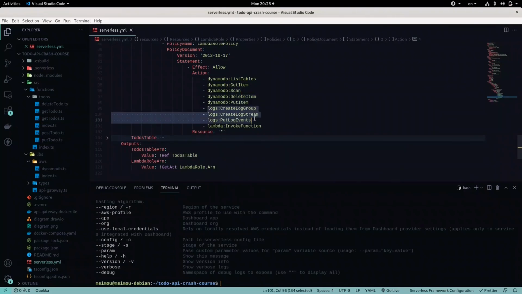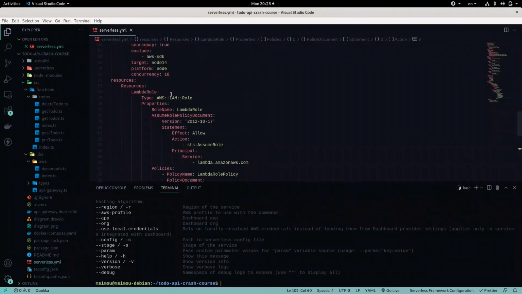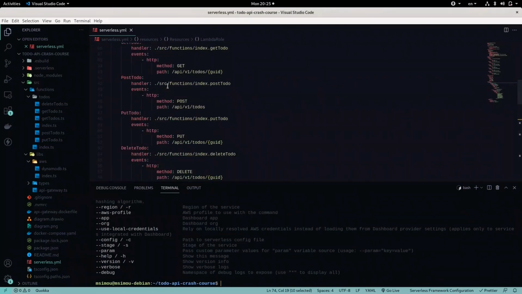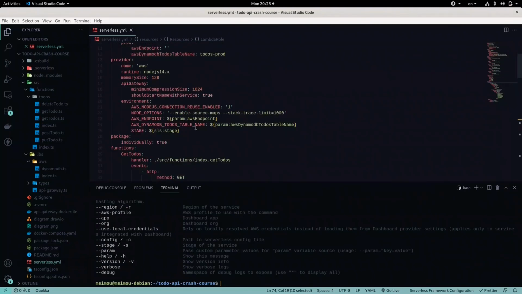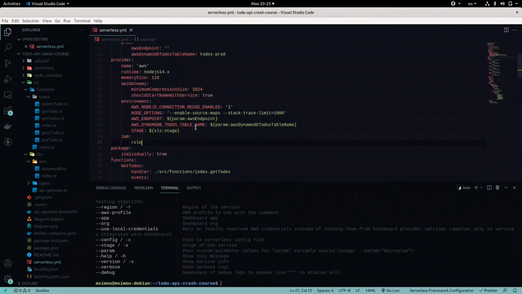We give some permissions to CloudWatch so that they can create some logs if they need to, and we give access to invoke the function as well. So this role needs to be assigned to our Lambda function, and the way to do it is by coming into the provider section and in the IAM set the role and use a CloudFormation syntax to access the ARN